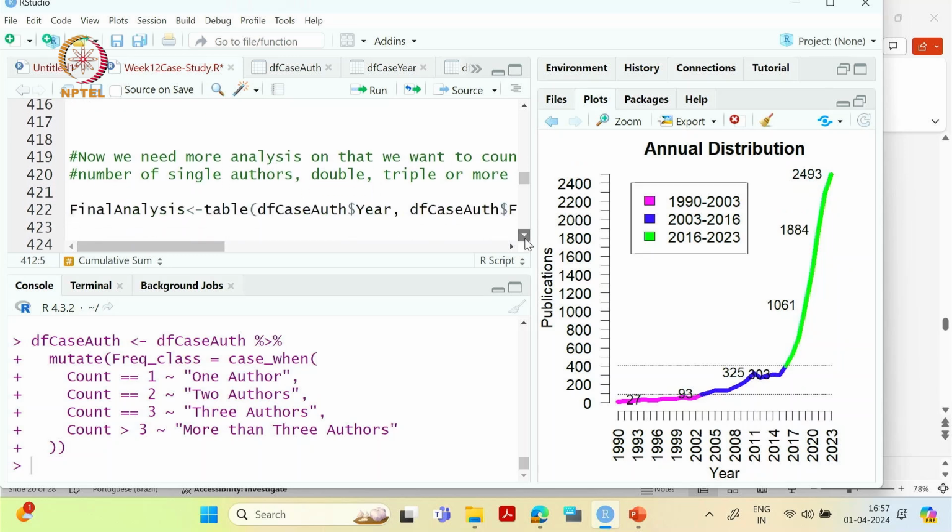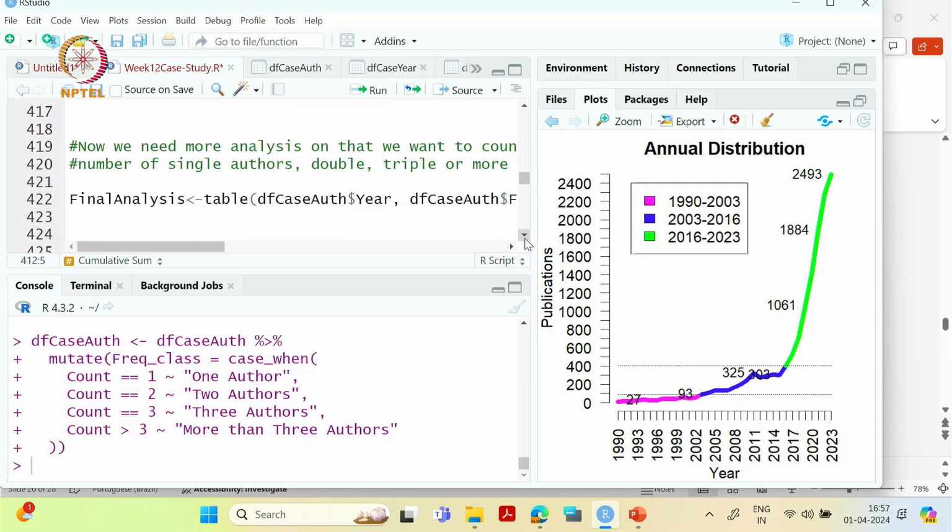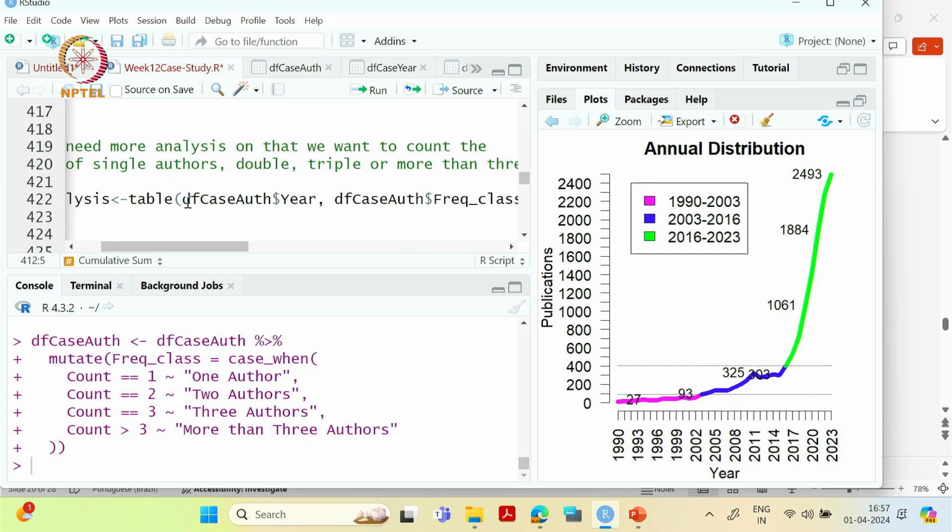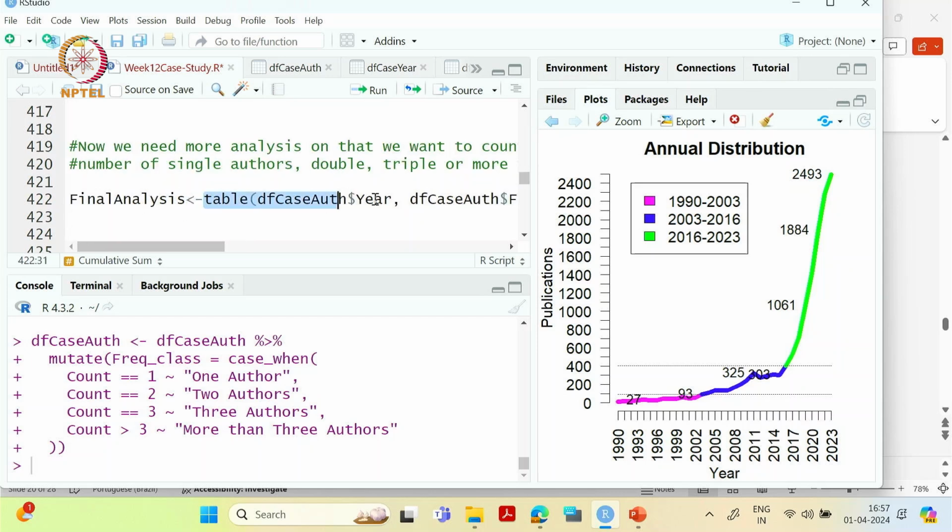So how will we do that? We'll again count the occurrence of one author, occurrence of two authors. For that we'll use this table function. Until now we have used only one column in the table function. Now we can also use two columns in table. Let's see how we will do that. So this is our year, and under year we have the class. So we are checking it year wise. If we do it like this with table,